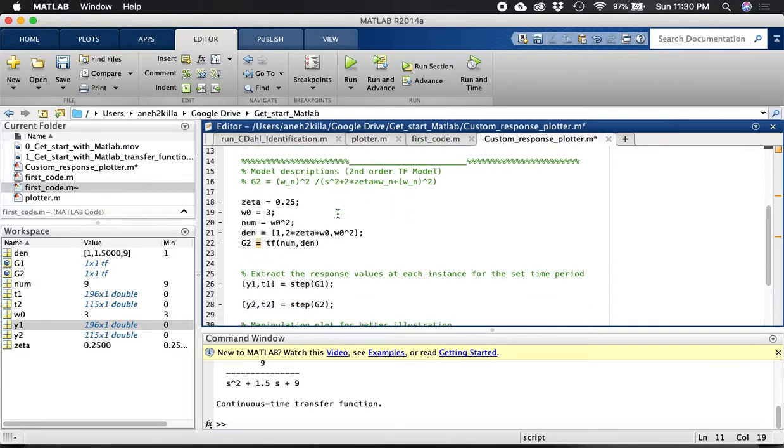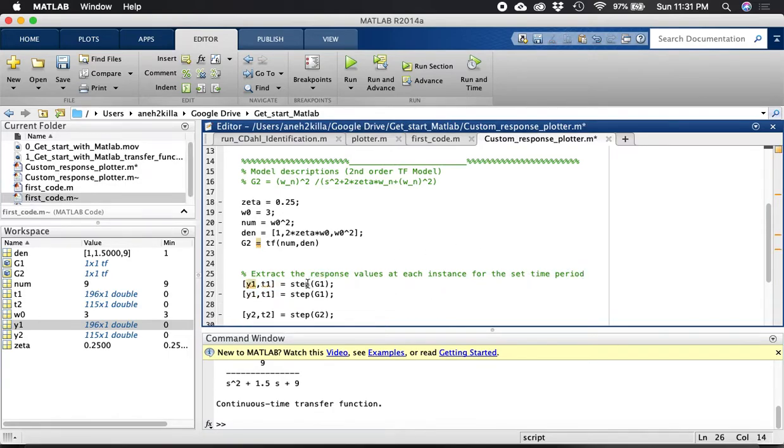Okay, so how to extract each constant or each response output at this specified time? We can use this code, right? For G1, since we are using step input, we can also set to impulse, right? So impulse, and then this will be 0 and also 0. So now we have for impulse, we have for step, for each